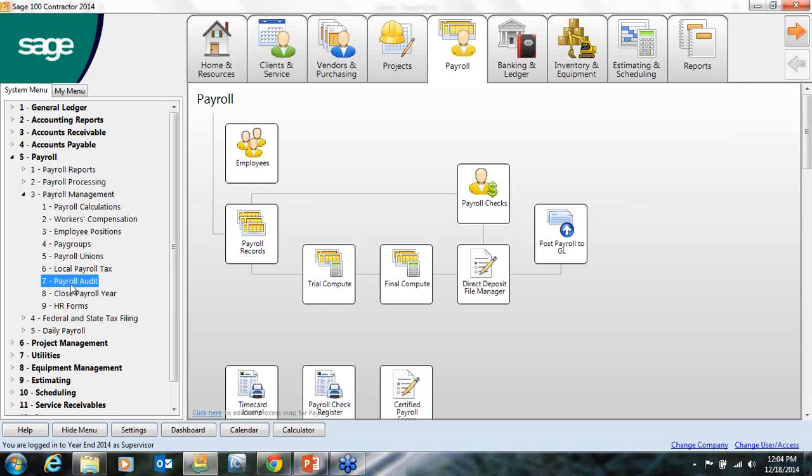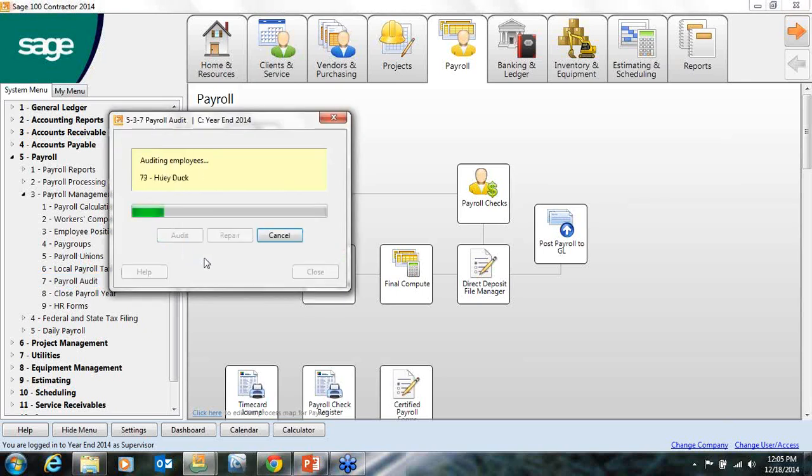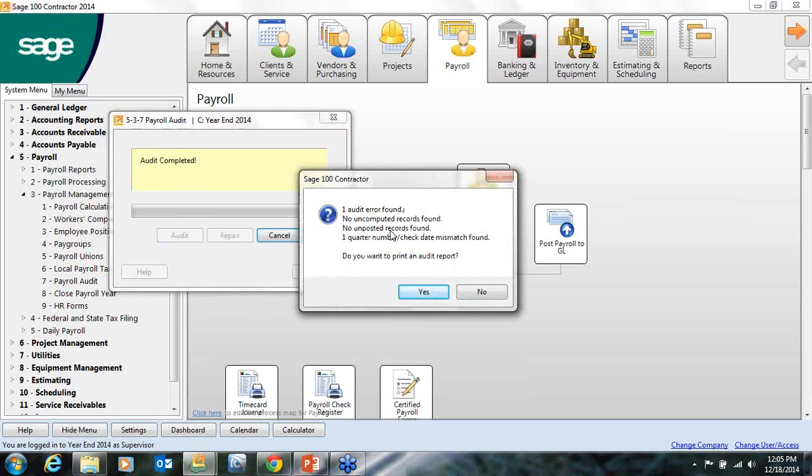I'm sorry, 537. When you click on the audit, it's going to run through, and it's going to come up with a little note. Usually you're not going to have audit errors. You should perform this probably regularly, at least before you file quarterly tax returns. And definitely do it pretty soon before you get too close to the year end to be sure there are no errors in here. My records are showing one audit error and one quarter number check date mismatch